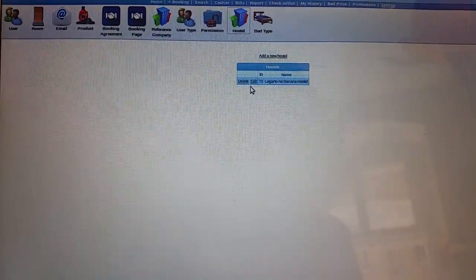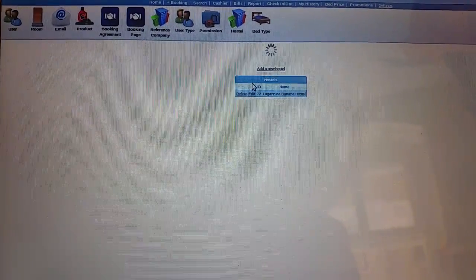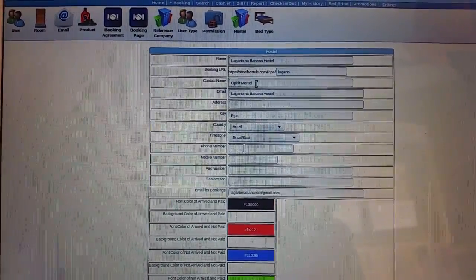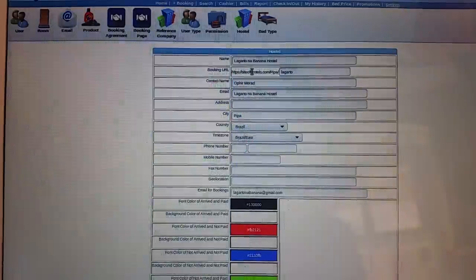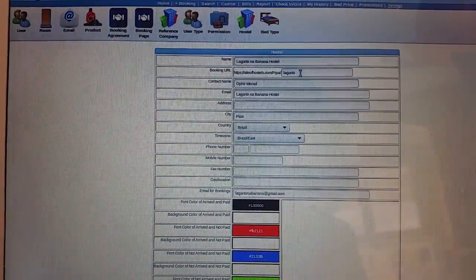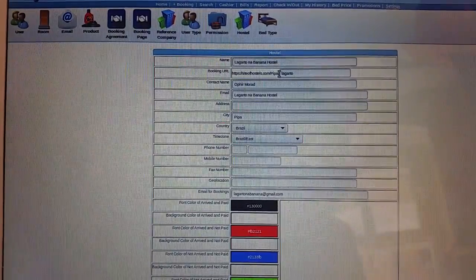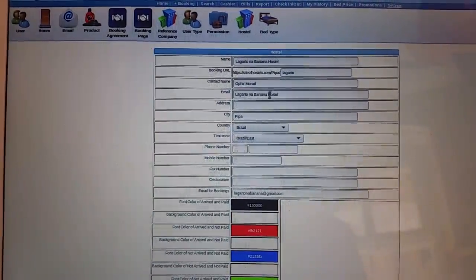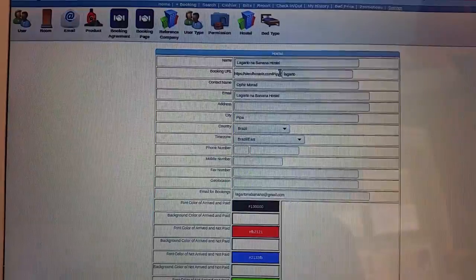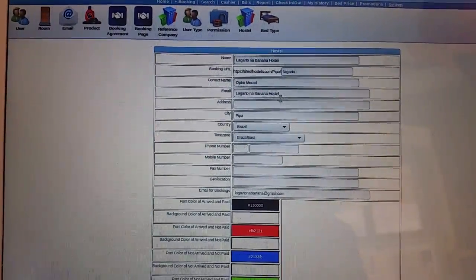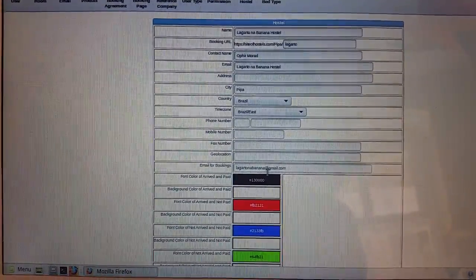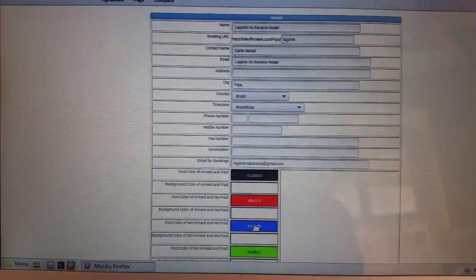Then you have here your hostel. This is to edit your personal or your host information. This is a permanent link you can also use for people to make bookings. So here you can write whatever you want, and this is Pipa. So if you change the city name here, it will also change here. And this is for managing your